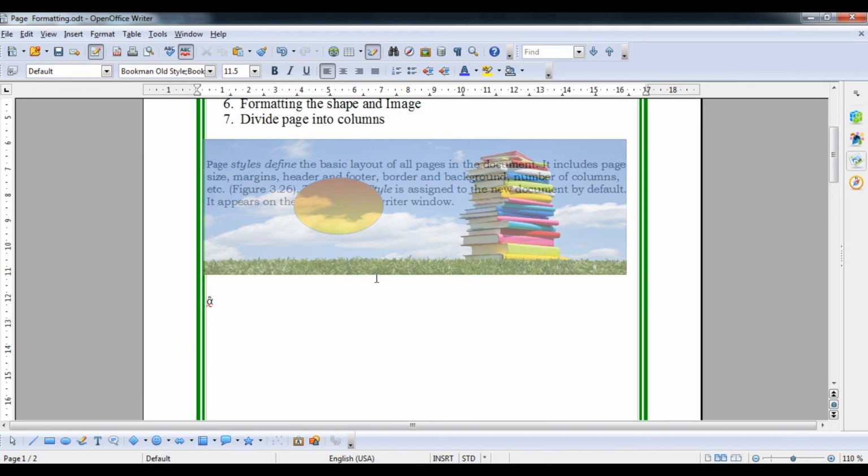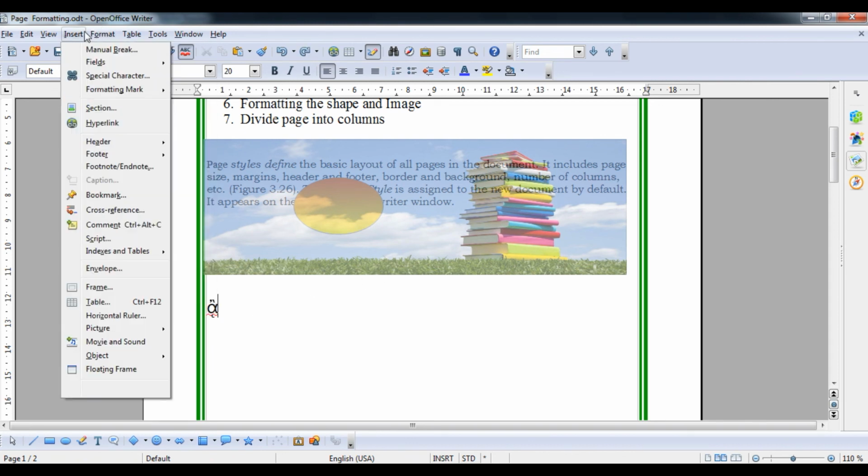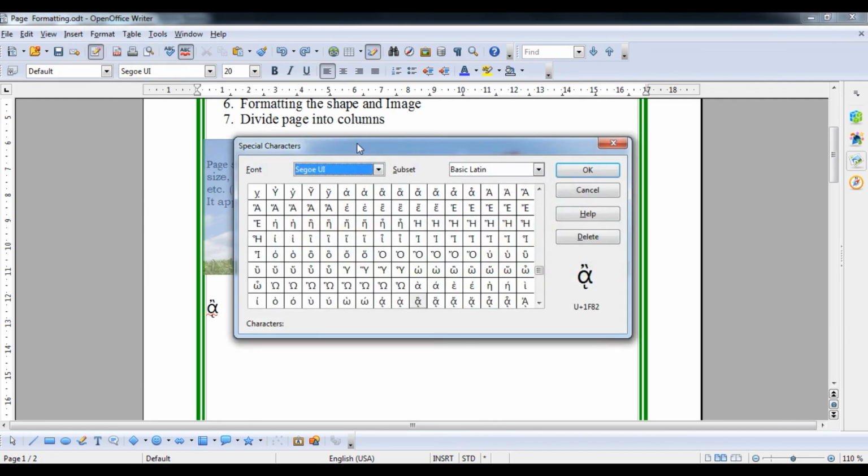I will show you in next line, student. Now you can see this particular alpha is inserted. Now I am showing you in a slightly bigger size. Okay, now you can see alpha has come. Okay, same thing, I will go to the insert option, and then go to special character. So here are number of the options, student.